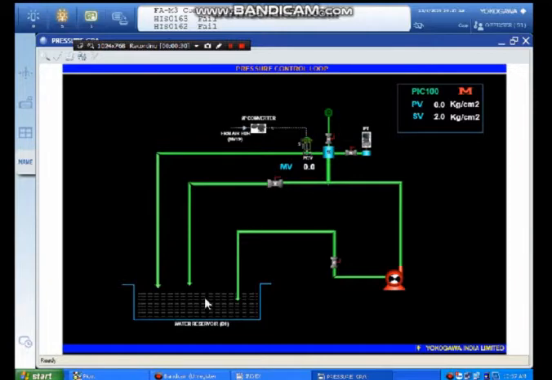Here the water is taken from the reservoir, which is pumped through a pump. That pump is connected with the pressure header. A safety valve will be operated for a little flow of water. Then we have the pressure head. It's a cylinder-like arrangement, from which water will be going out.